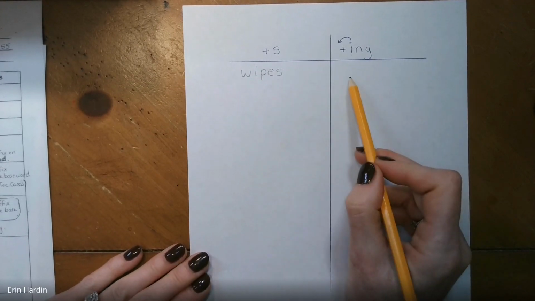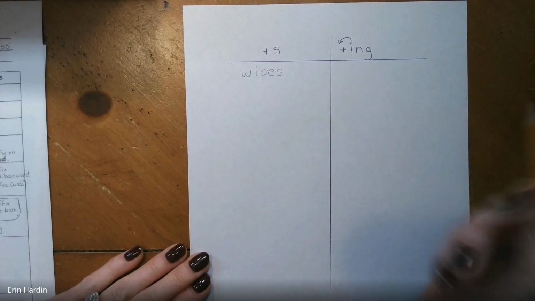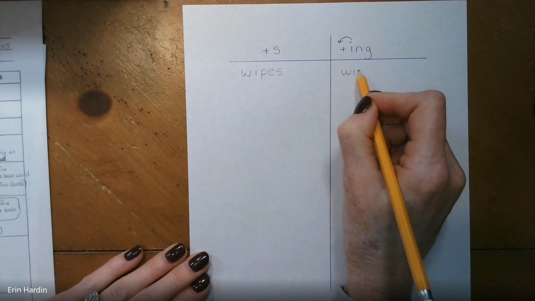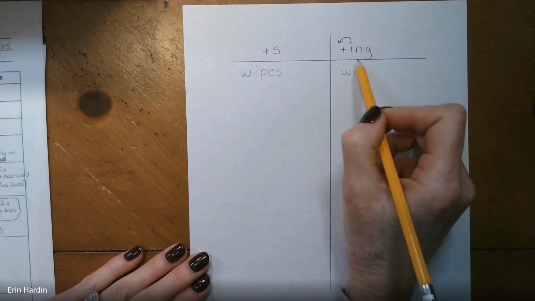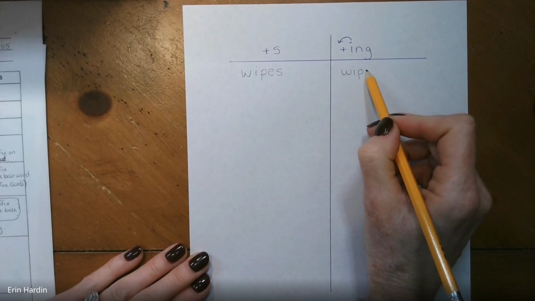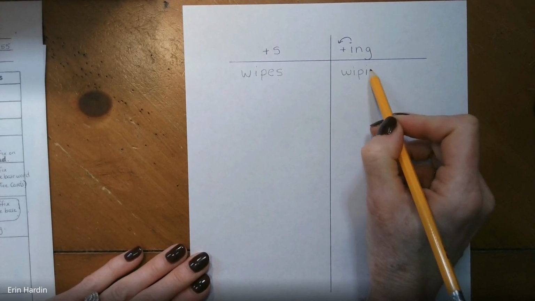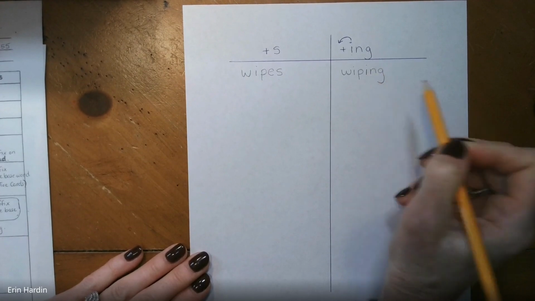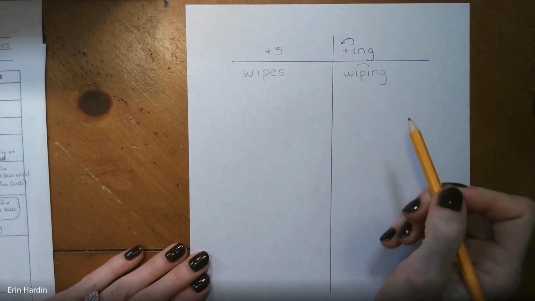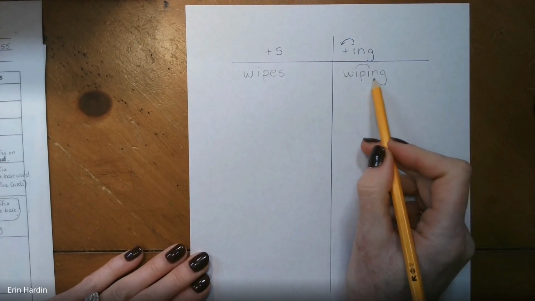So now let's make it wiping. And it's the word wipe. W, I, remember that I jumps. I drew that little arrow, so we don't need that E. That E is not going to go there. Instead, the I will take its place. Wiping. And you can even have them draw a jumping I just to remind them that, okay, that I is